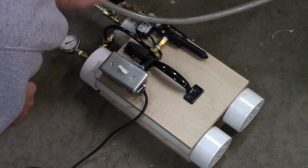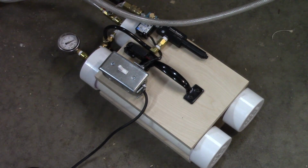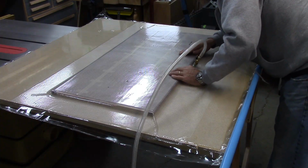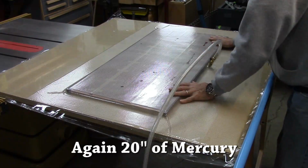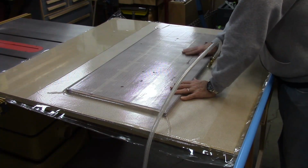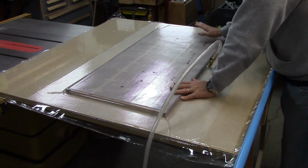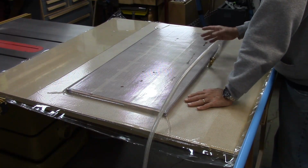So what I'm going to do is I'm going to turn it on, open this up. That's going to slowly start drawing air out of the bag. So I've got all the air evacuated out of this bag, and it's at 20 pounds of mercury. I think this is around 12 pounds per square inch or something like that. Any way you look at it, it's a tremendous amount of force being put down on here, and it's a hell of a lot easier than, again, trying to wrangle big sheets of melamine and clamps and do it all